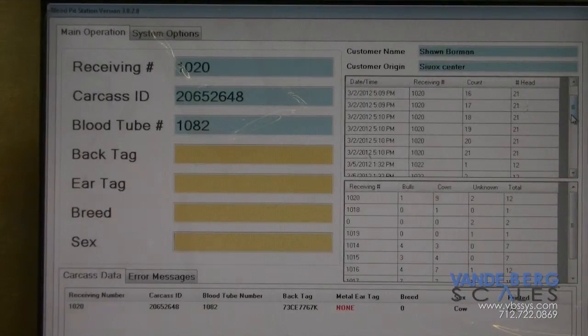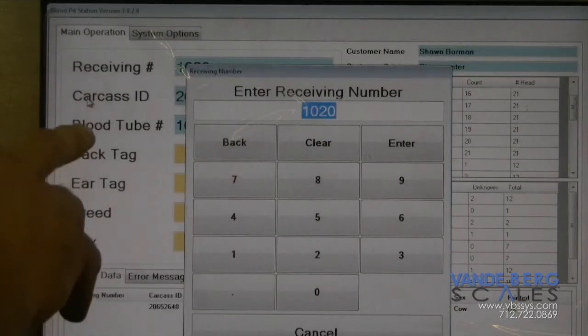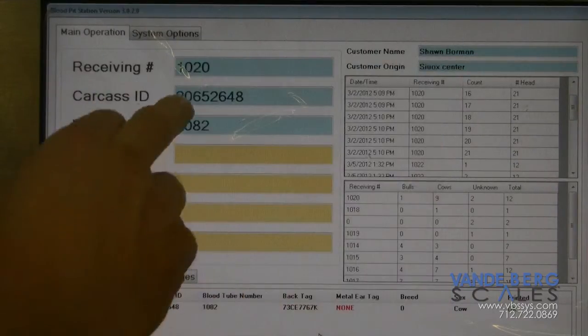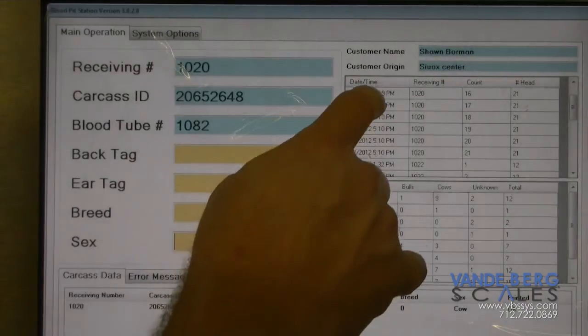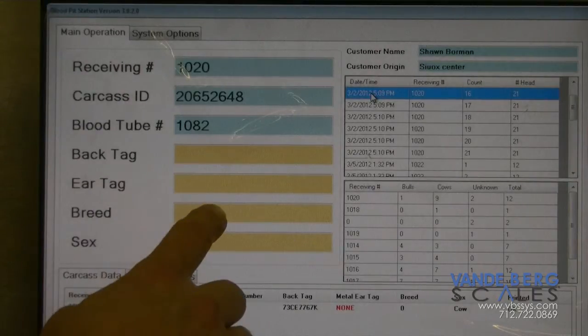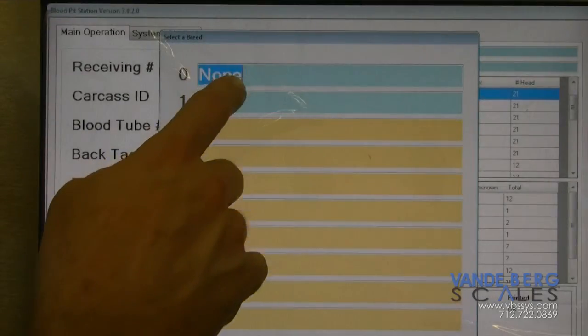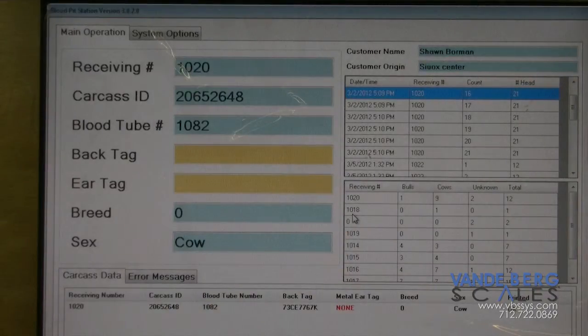Each station basically gives us positive identification of the receiver number, the carcass ID, the blood tube number, the back tag, the ear tag, the breed, and the sex. Now if an animal comes by and there's no back tag, we can choose the animal with no back tag. We can choose the breed, none. We can choose the sex of the cow. We can let this animal go past,